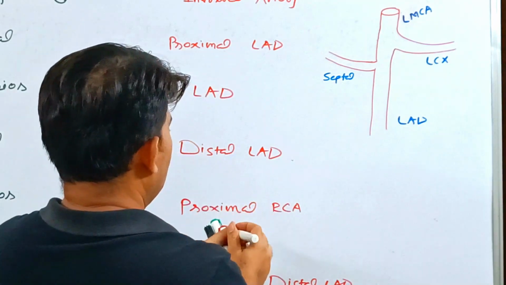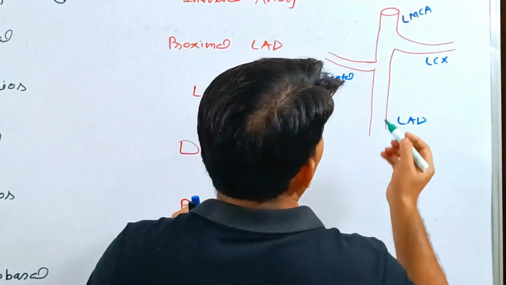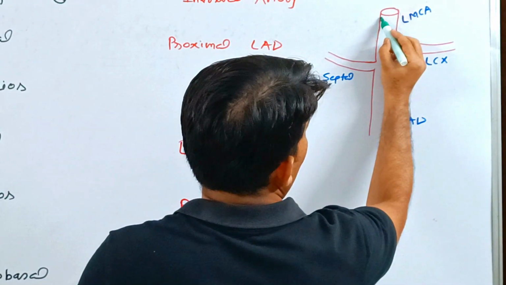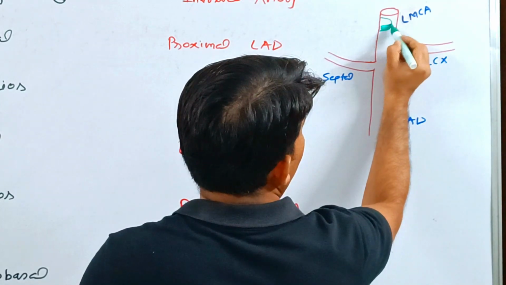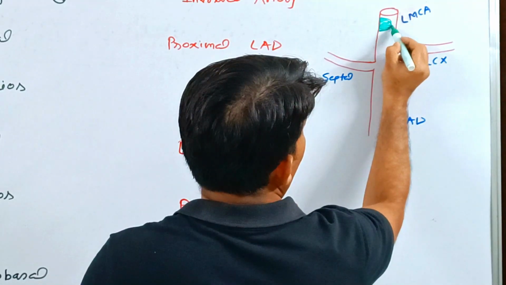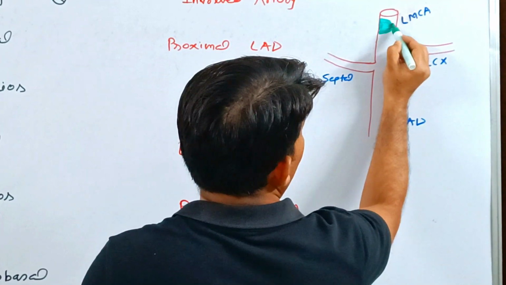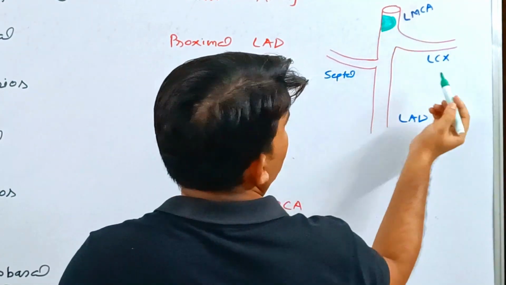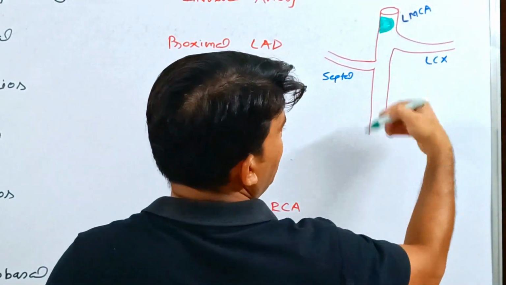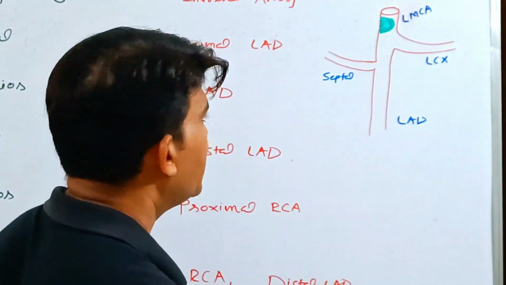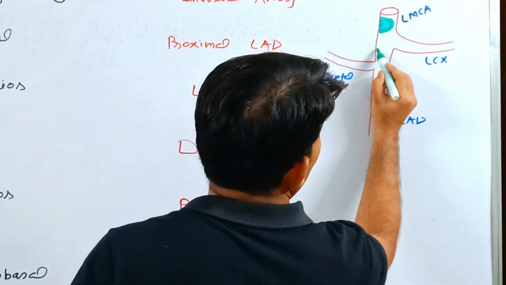So yes, as I discussed, if atheromatous plaque is here, then patient will have extensive myocardial infarction. That it will include lateral, anterior, and even septal part of the heart, right? If patient is having atheromatous plaque here,